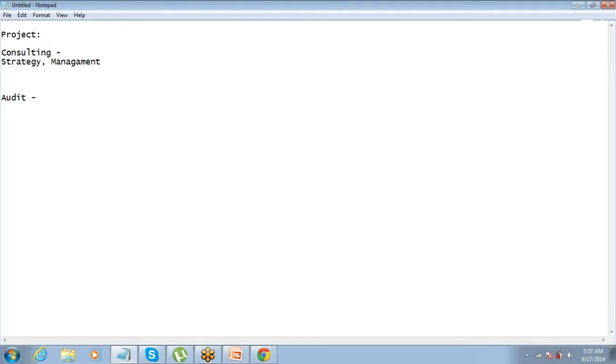For audit you have, let's say, two different subcategories. This is just one example that I'm trying to give. In audit you can have, let's say, risk management audit, and then you have insurance audit.